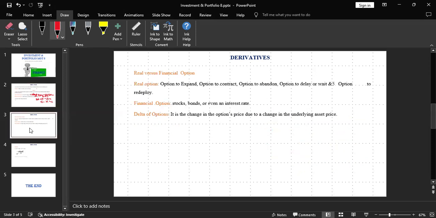We want to continue. Another thing we want to know is real versus financial option. When you talk of a real option, we are talking of exercising a business transaction. When a management or a firm wants to exercise a business transaction, like if they want to venture into maybe